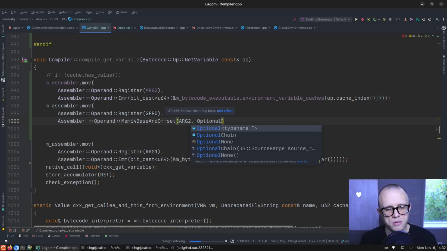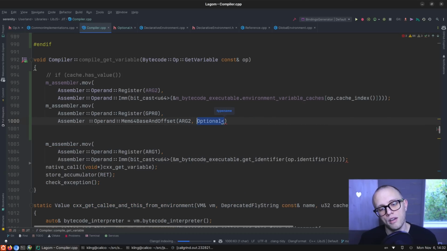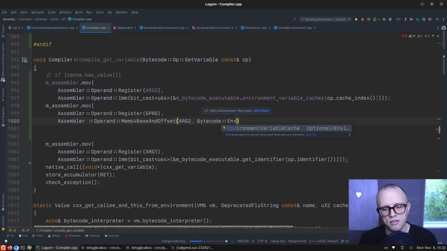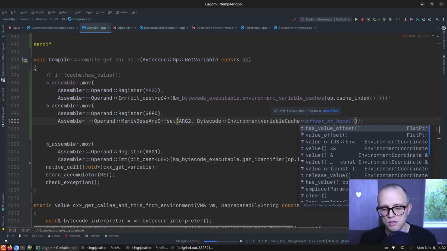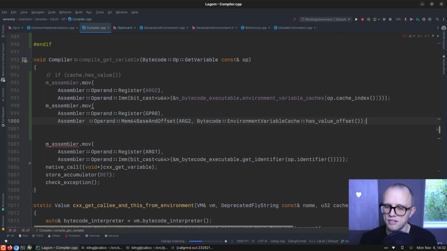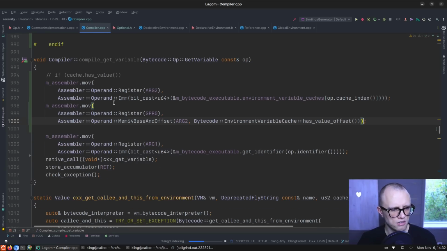So then we're going to say like optional, or no, what was it called? Bytecode environment variable cache has value offset. Okay, wait, is that right? Just need another one of those. Okay, so GPR 0 is now the has value flag,